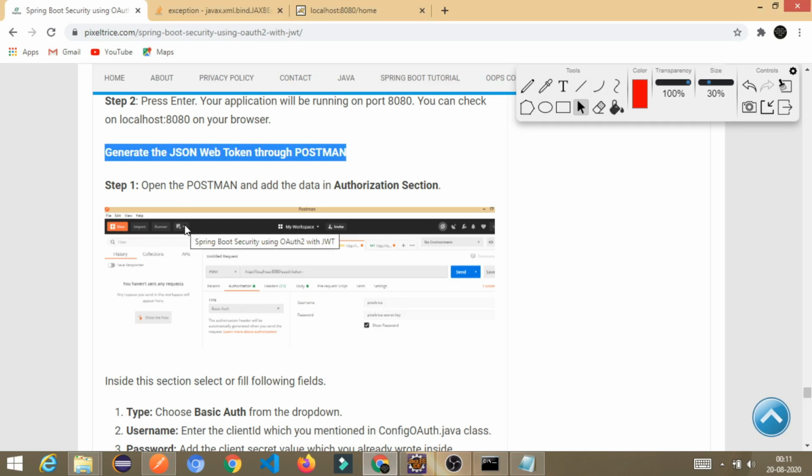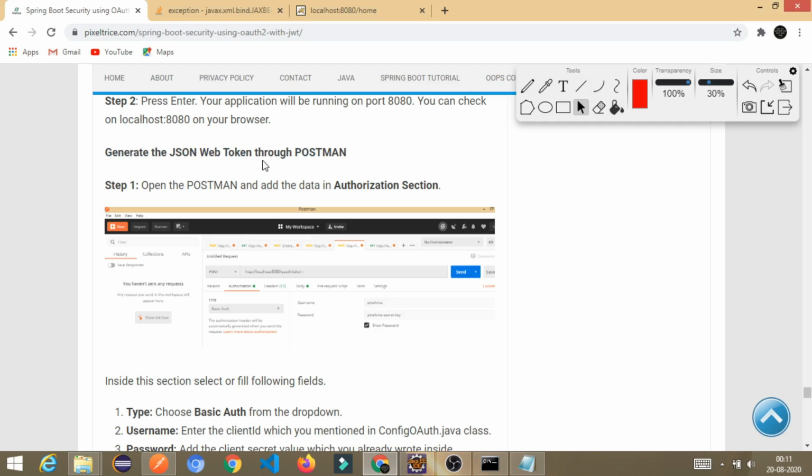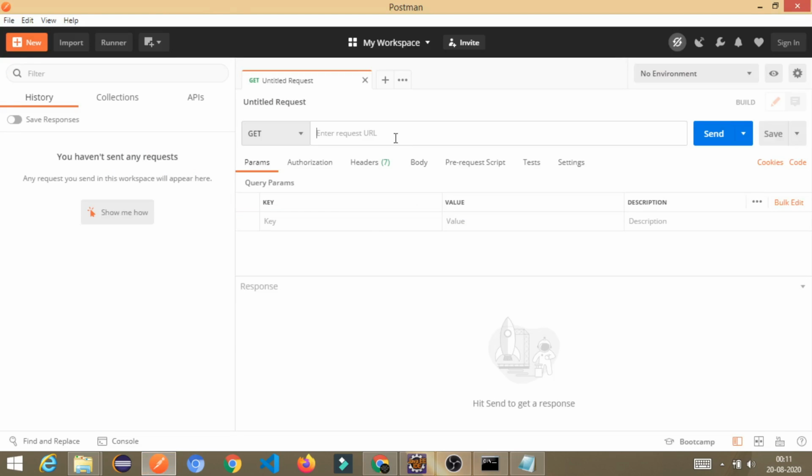So see, in the next step, create a JSON web token. We have to create the JSON web token from the Postman. So open the Postman. I already opened it here. Let's check first what message I will get. Localhost, spelling mistake, localhost 8080.